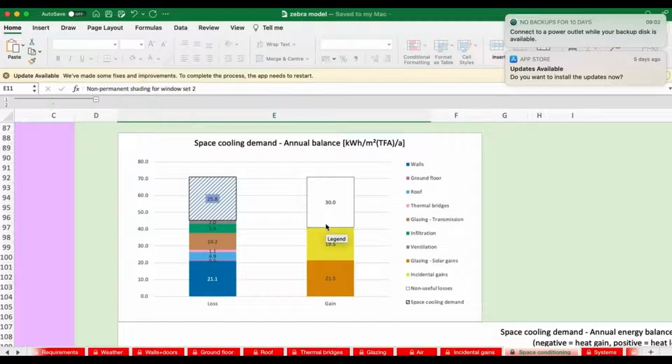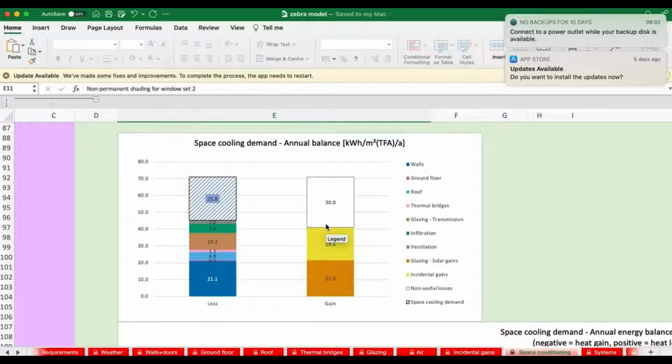Okay, so these results depend critically on the cooling set point. And that's an example of a parametric study worth doing. Let's see how the energy balance in the building changes with different set points. Other information we can see here is the 25.8 space cooling demand. And don't forget the actual electricity consumption is half of that because we've got a COP of 2, but this is the raw demand.